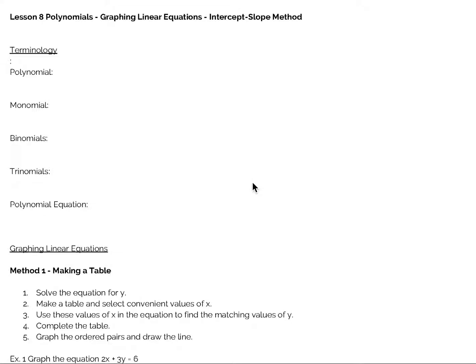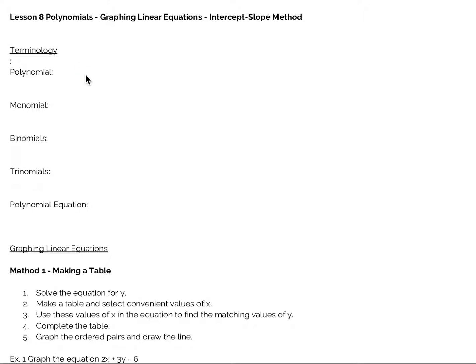All right, this is lesson 8, polynomials, graphing linear equations, and the intercept-slope method, which I will call the slope-intercept method. First of all, with this lesson, there's some terminology that you need to know, so let's talk about that first of all. The first word is a polynomial. A polynomial